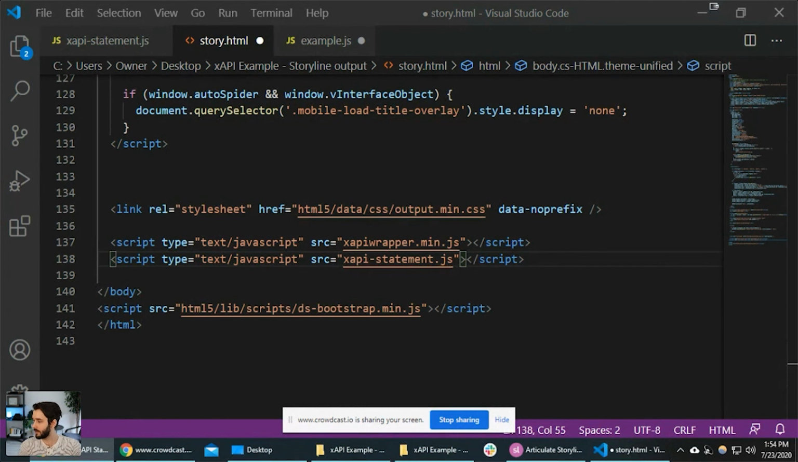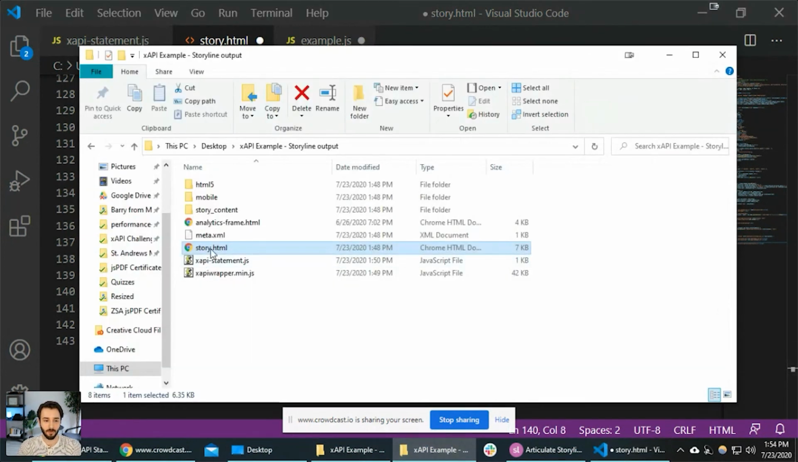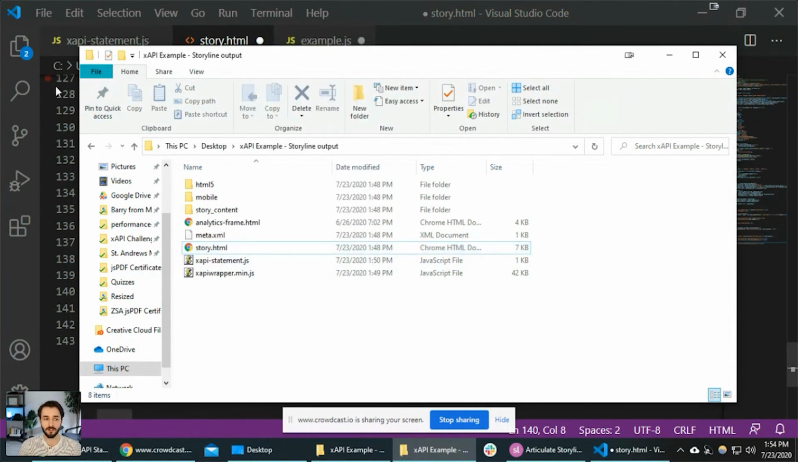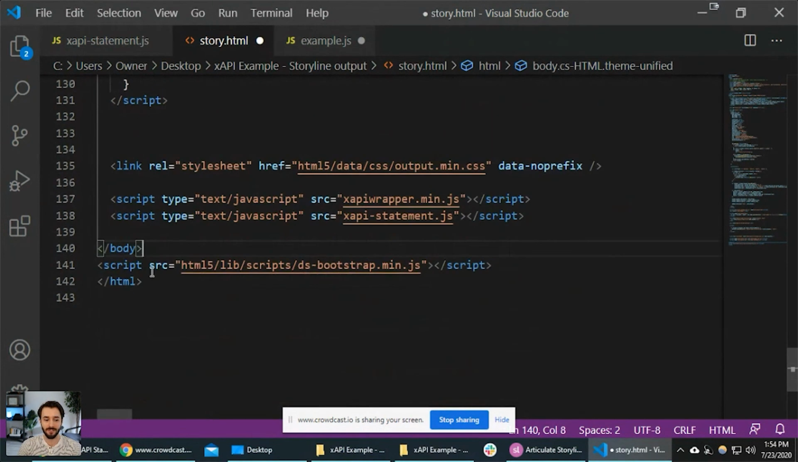Where are we putting that? Oh, we're just finding this in the story.html file. So if anyone missed that, we're right-clicking the story.html file in our output that we got from Storyline, and we're opening it with our code editor. Once we have it open, you're scrolling down and looking for this closing body tag,